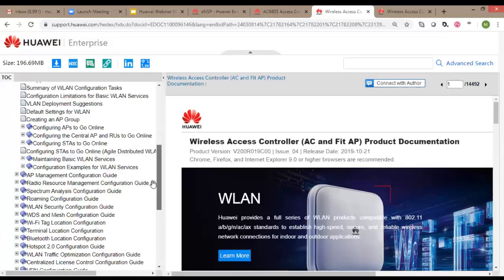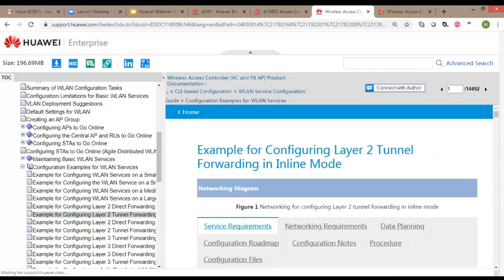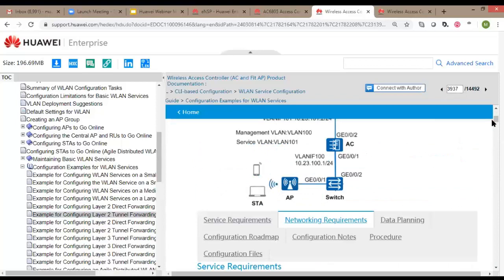You have all the theory, a lot of things, and within these sections you will find configuration examples. This is the most important thing I want to show you, because Huawei has a lot of configuration examples. If you select any of these, for example this one, you will see an example from scratch, a simple network,